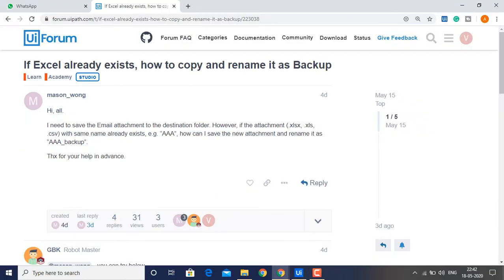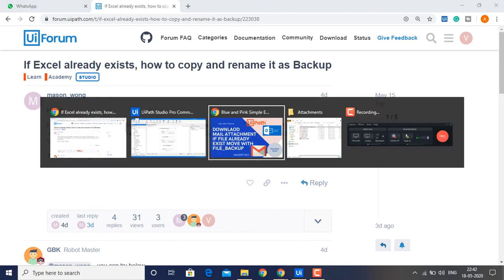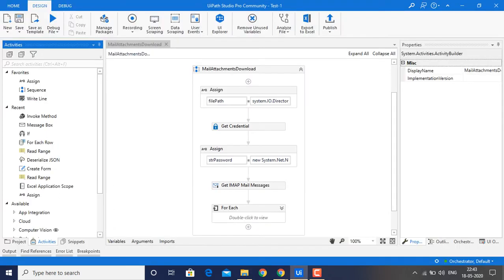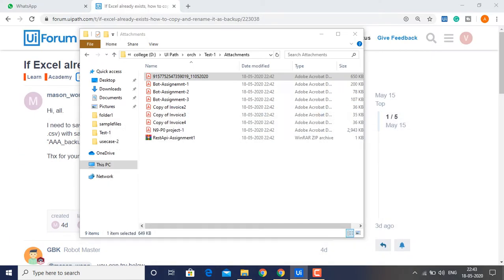Manson Wang wants to rename it as a file name. So let me run, guys, so you will understand. And guys, observe the timing, the date modified also, because I am running right now. If you observe 10:43, it is just 1 minute away. Let me run. You will get new files as well as modified files. These are the old files, and these will become old files, and new files will be dumped into this attachments folder.